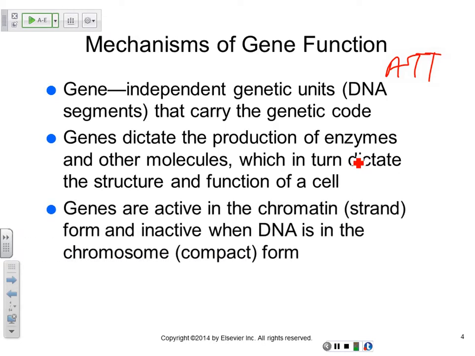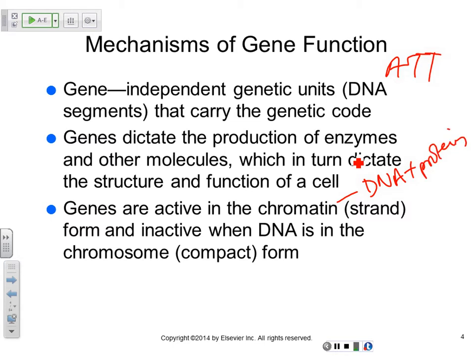DNA actually does not occur naked like that, right? What is chromatin? What is it? What is floating there? Oh, just the strands of genetic DNA. Yeah. But what is it made up of? What is chromatin made up of? DNA, you just said it, and what else? Proteins. Chromatin is actually DNA plus proteins.